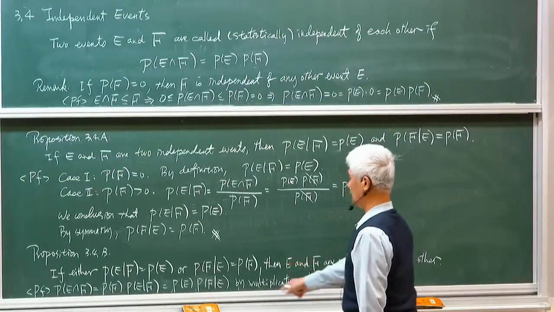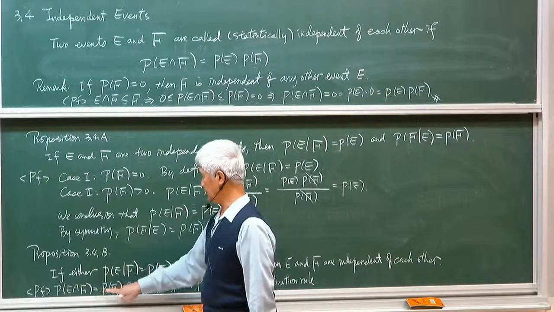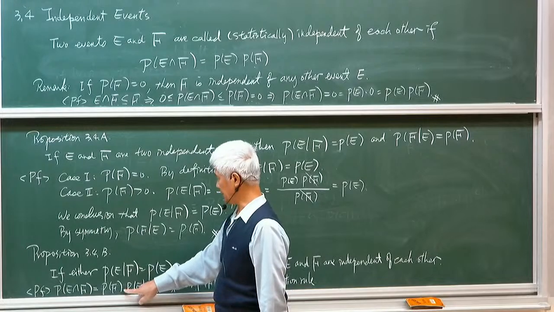Right? So we know by multiplication rule, we can write this joint probability as the product of the unconditional probability